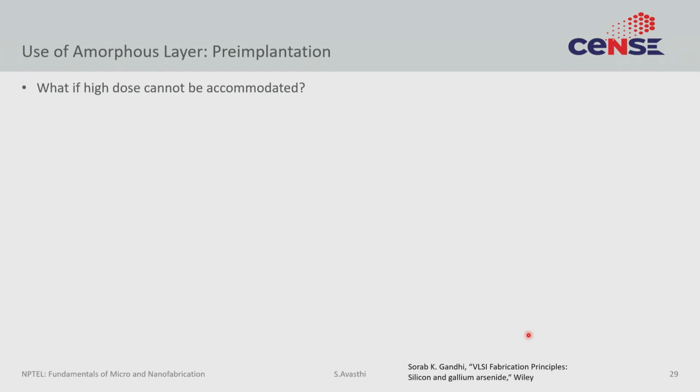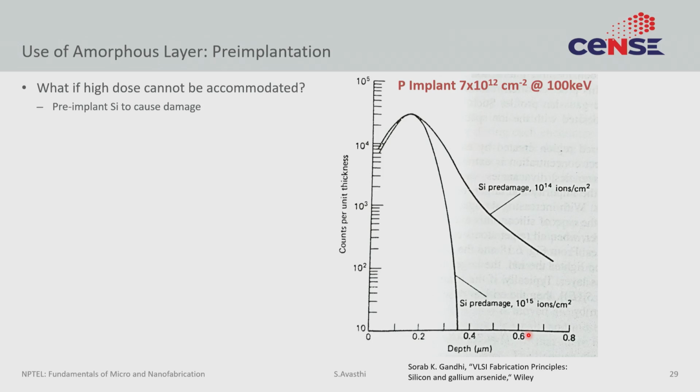And what can you use to do pre-amorphization? Well, you can just do a silicon implant. So, you can do a silicon implant in silicon to create damage, and then do an implant after that of whatever atom you want to implant. So, here is an example where silicon damage was done using silicon. Without silicon pre-damage, you get this sort of profile. And why do you get this profile? Because channeling is happening. But if you do the silicon pre-damage, then you have completely destroyed the lattice structure. You now have amorphous silicon on the top, and when you do implantation in the amorphous silicon, there is no channeling. So, you get this sharp Gaussian looking profile that you see on slide 29.